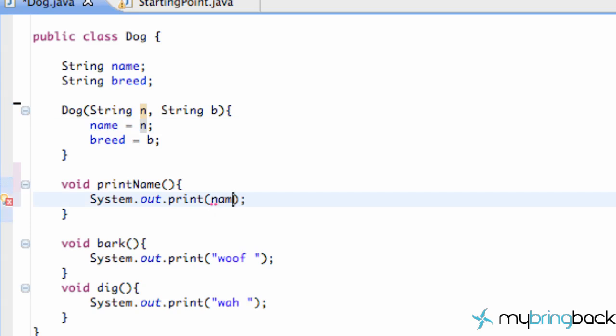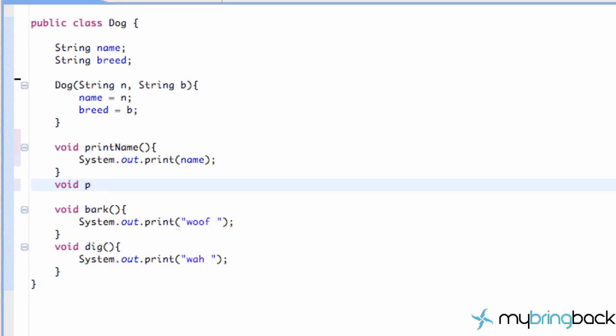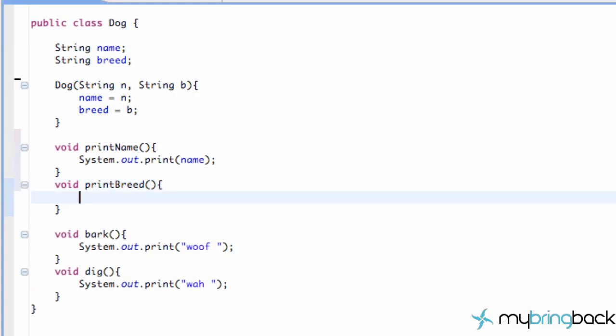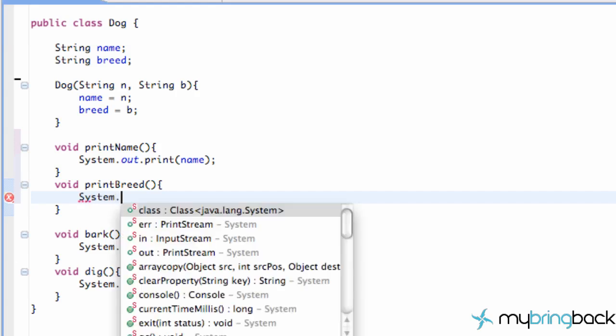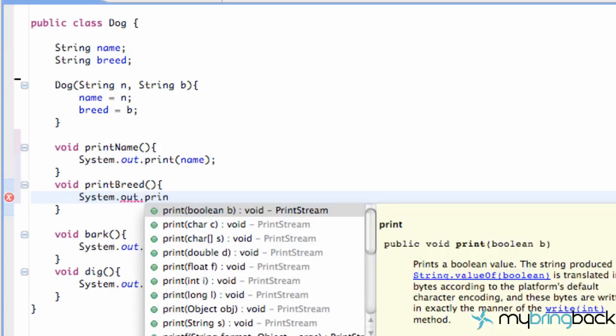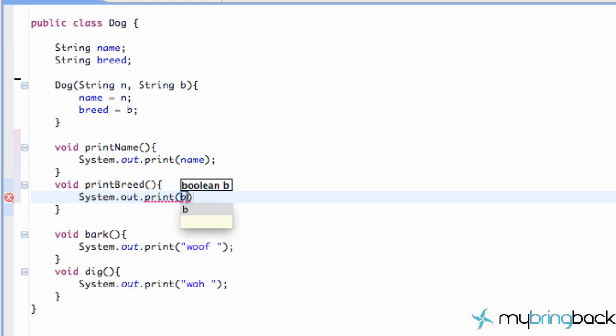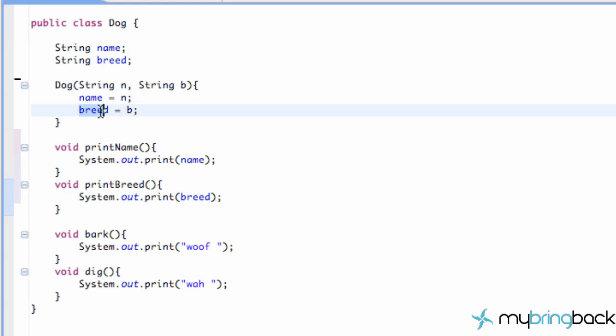So now we can system print out name, and we can also create another method, void print breed. Sorry if this still isn't making much sense. It's getting pretty late here, so just let me know if I need to make another tutorial on this stuff, explain it a little bit more thoroughly. But again, it's just going to be a basic concept here where we print the breed, and that's why we established this string called breed. We're setting that equal to our second parameter,